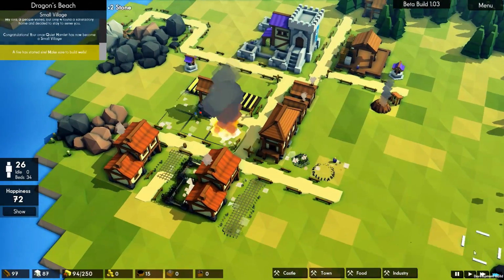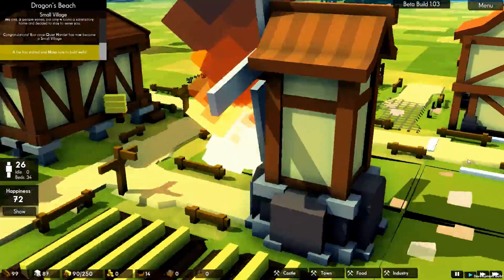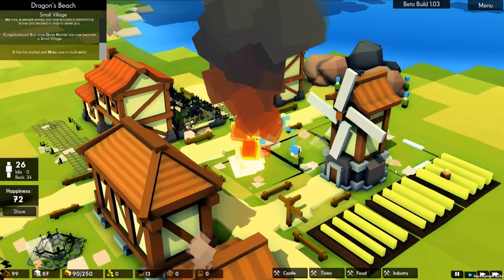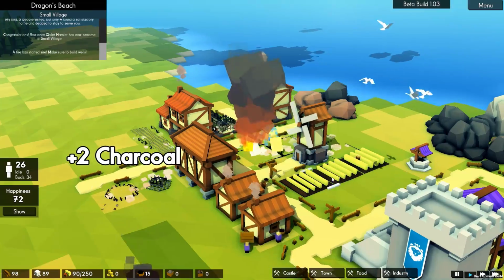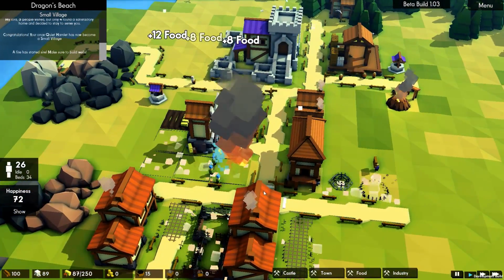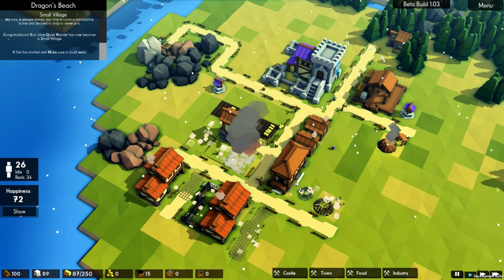And oh, that's not good. That's fire. A fire has started. Make sure you've got wells. Yes, it would be nice if we had that beforehand. We do actually have wells. Oh, that's burning quite a bit, actually, isn't it? Yes, we've got a well there, so it doesn't really matter. We've got a well there, we've got a well there, and we've got a well there. I tend to overdo it on the wells, but I find that you can't really...